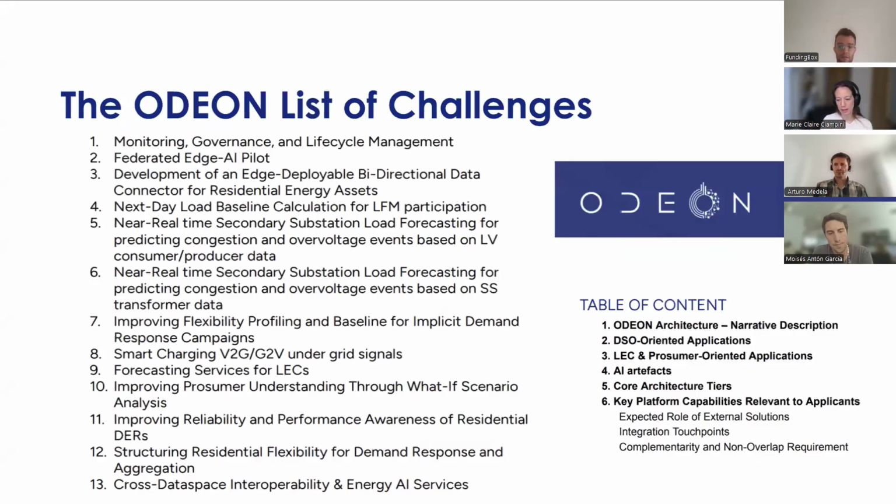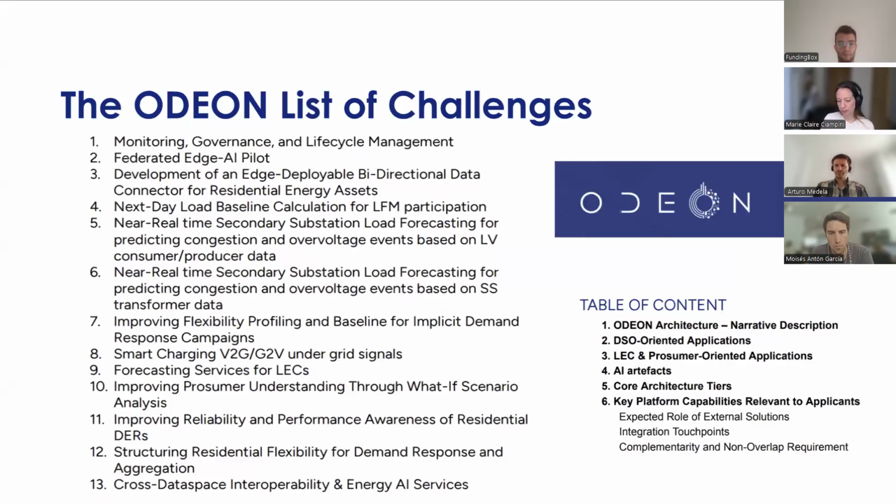You will see in the open call terms and conditions a list of challenges. These are challenges that we would like the projects to address. So you see here 13 challenges, which I won't go through one by one because there's quite a few, but the information can be found in the open call terms and conditions where each challenge is elaborated on. But the important thing to keep in mind is that you will need to select one of these 13 challenges.